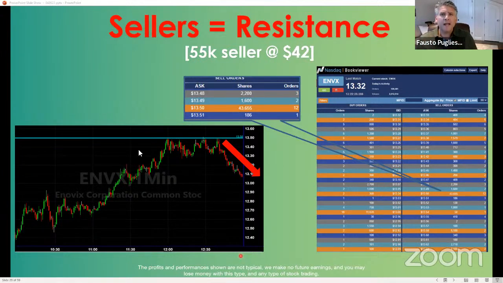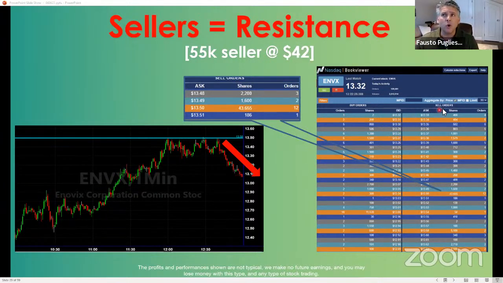Okay. Now let's look at why a stock would go down. So here's a stock, ENVX. It goes from a price of $12.70, shoots up to $13.50. And you could see it at $12, $12.30. Never wanted to break this price of $13.50. And then finally it comes down. You ever own a stock and like, damn it, why is it going down now? How did I not see that?